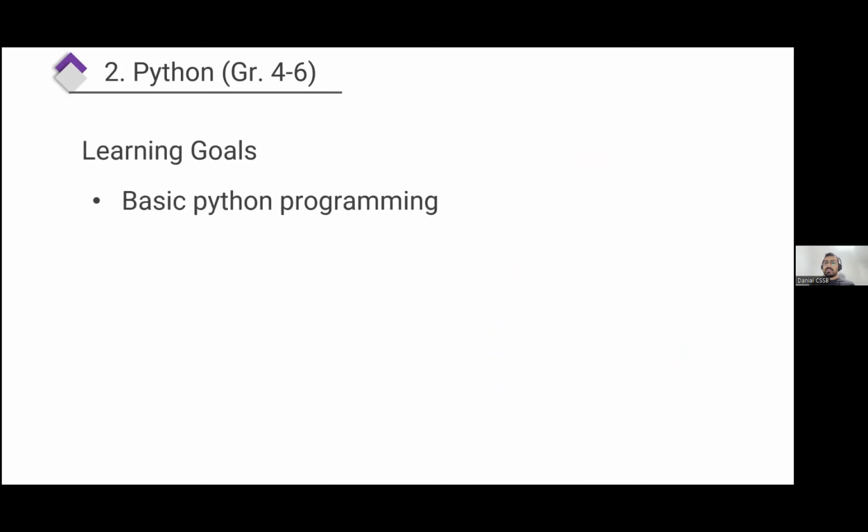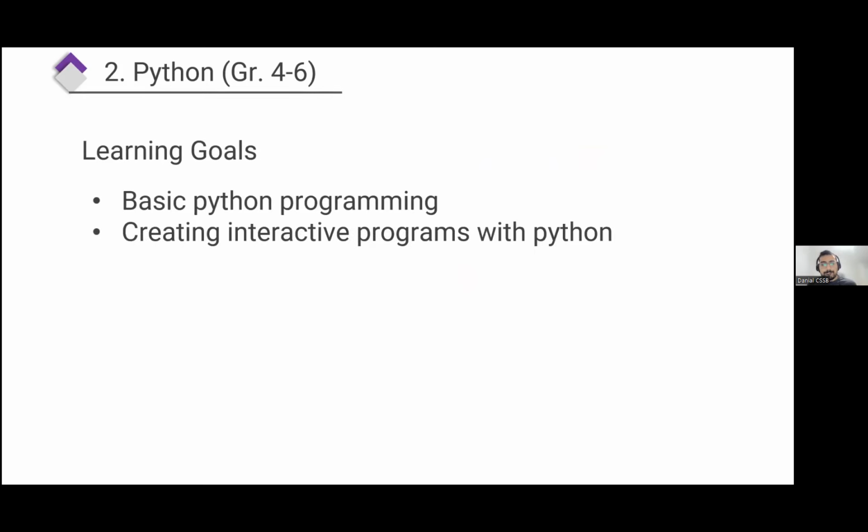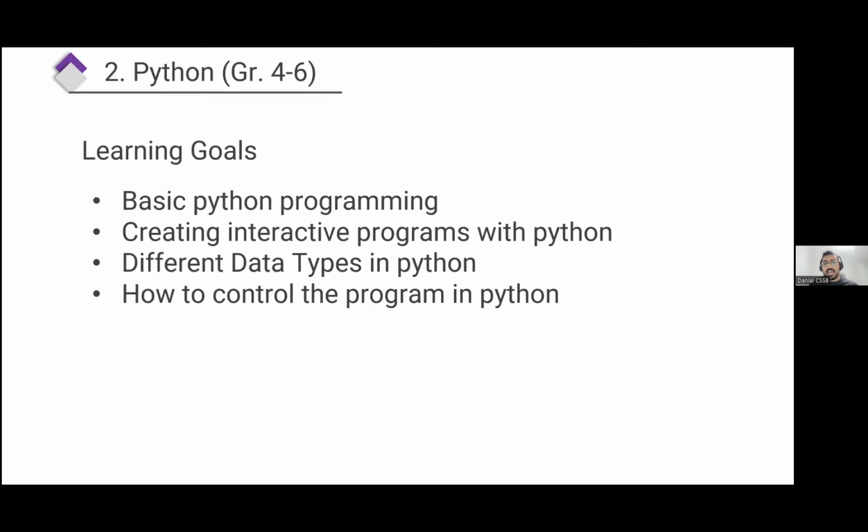So the learning goals: they are going to learn basic Python programming, and they're going to learn how to create interactive programs with Python. There will be tons of hands-on projects that they will learn along the series. They will learn about different data types, how to control the program, how to think like an algorithm expert.